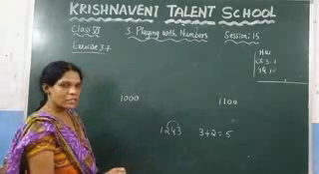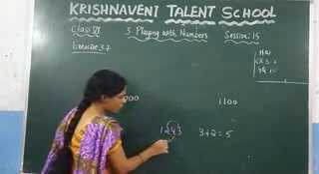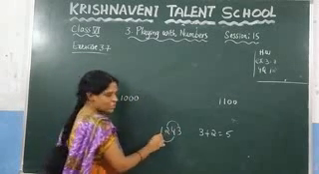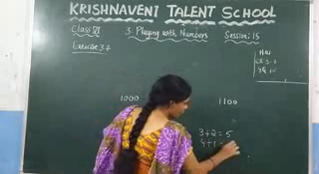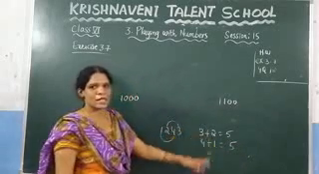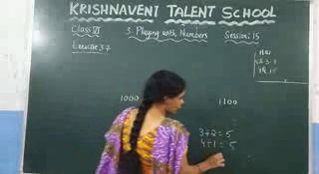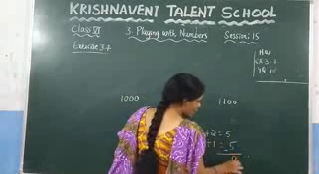And you need to add the sum of the even digits. What is the sum of the even digits here? 4 plus 1, which is 5. And after taking the sum of the digits, you need to subtract these two values. After subtracting these two values, what are you getting here? The result